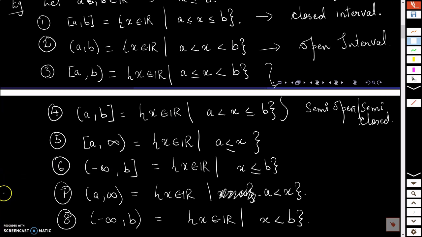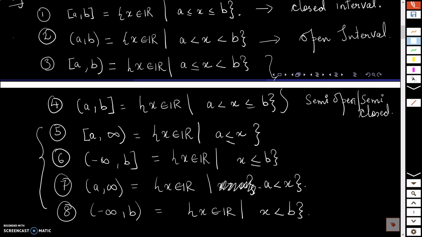Now if you look at the last four intervals, on one side they are not bounded, there is no bound, and hence the last four kinds of intervals are called unbounded intervals, whereas the first four intervals are called bounded intervals. Okay,